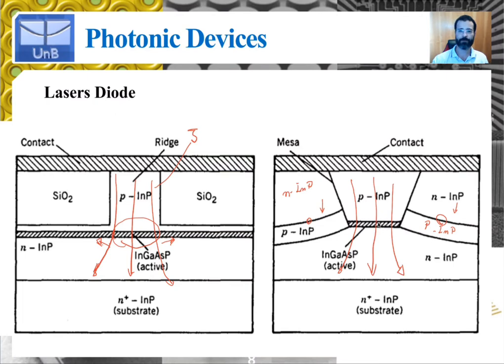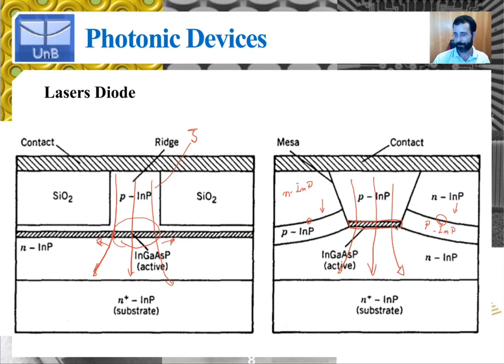But in terms of the optical confinement in the lateral dimension, this is achieved by index guiding here, because again, the active layer, the alloy indium gallium arsenide phosphide, which has a smaller band gap and therefore a larger refractive index, is only in this region, right? All of the surrounding media are composed of doped indium phosphide, which has a smaller refractive index, and